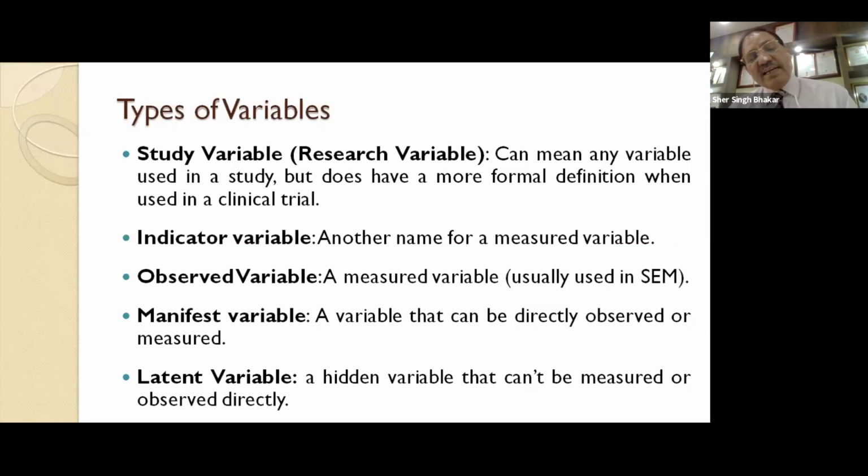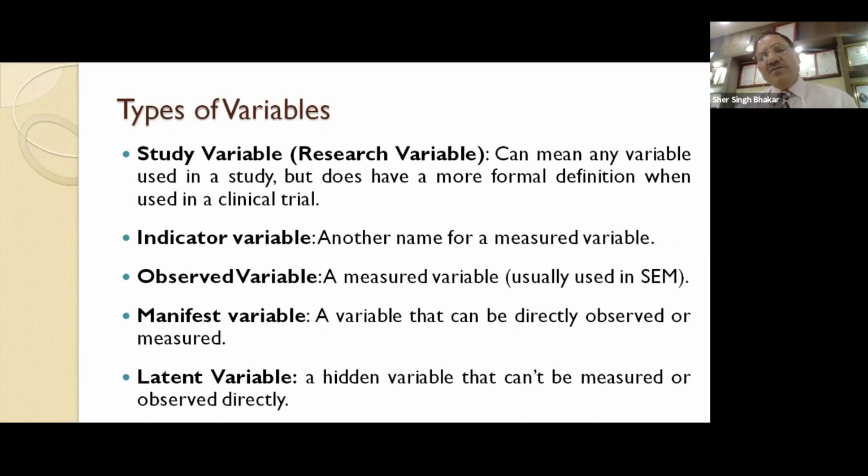Now, these three terms are used: indicator variable, observed variable, and manifest variable for individual statements. When you carry out EFA and you have two factors, one factor is given the name repurchase intention and the second factor is given a name, say brand ambassadorship, these two would be called latent variables. The two factors that have emerged are called latent variables, right?